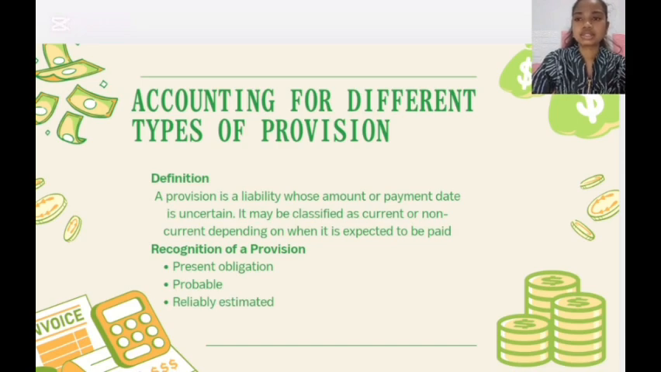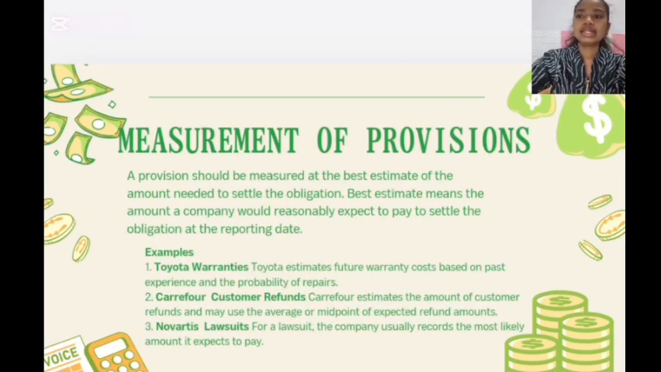And the last condition is the amount of obligation can be reliably estimated. And then, how about the measurement of provisions? The provision should be measured at the best estimate of the amount needed to settle the obligation. What is best estimate? Best estimate means the amount that the company would reasonably expect to pay to settle the obligation